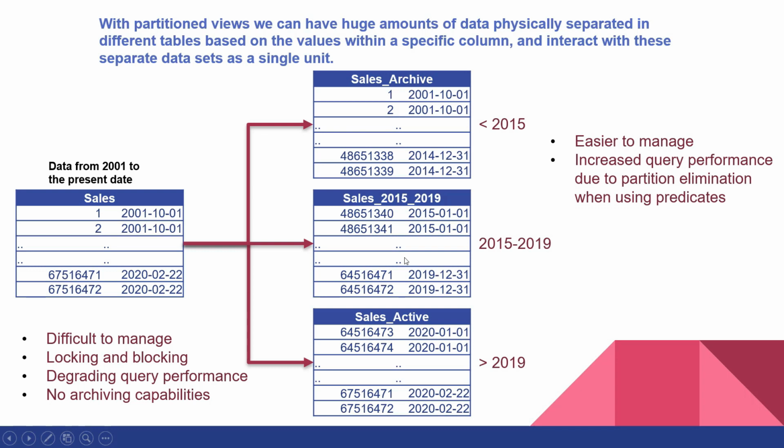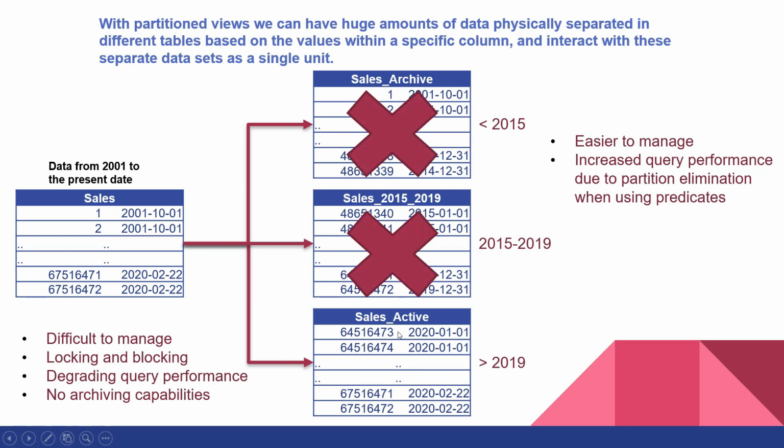This will allow SQL Server to perform partition or table elimination to keep the number of tables being read as small as possible. When we, for example, search for the sales data of only the current year, which is 2020, the optimizer will only look at the sales active table and will eliminate the other member tables from the query plan, because based on the check constraints, it knows beforehand that the other tables do not contain the data we're looking for. This can increase the query performance, as fewer reads have to be performed and fewer resources are needed to handle